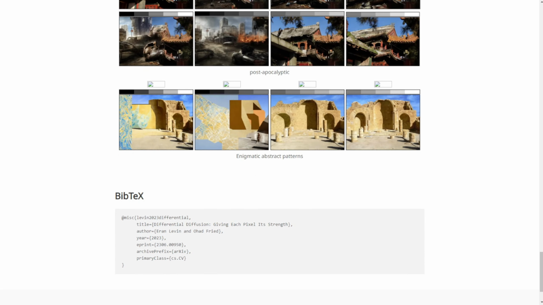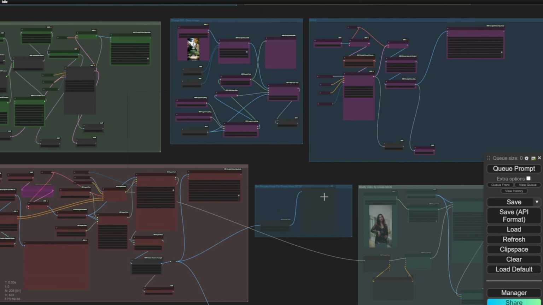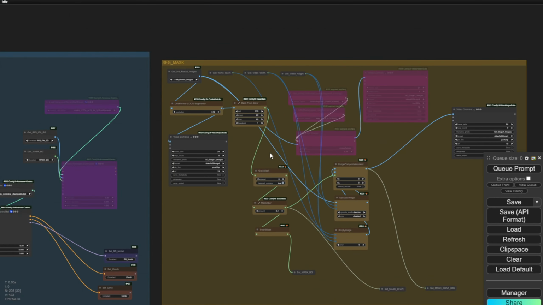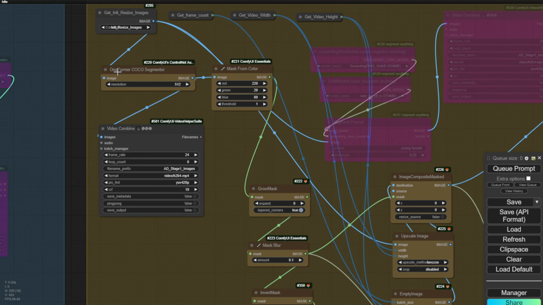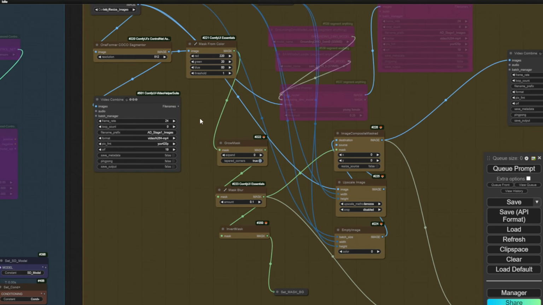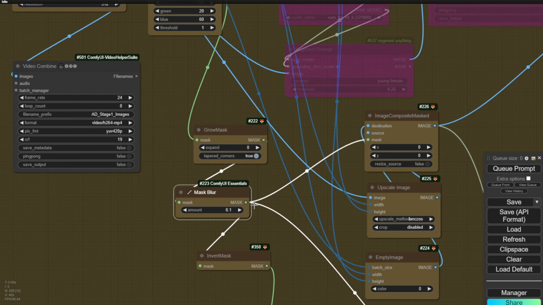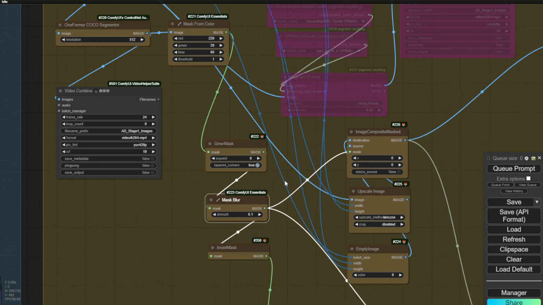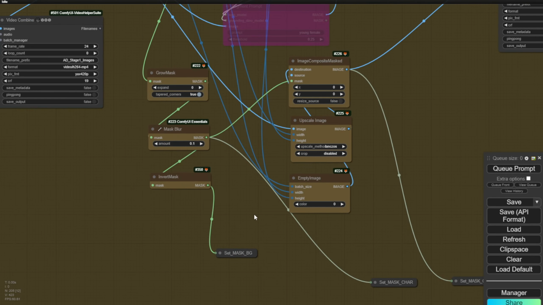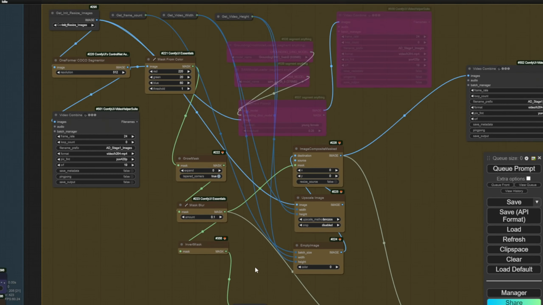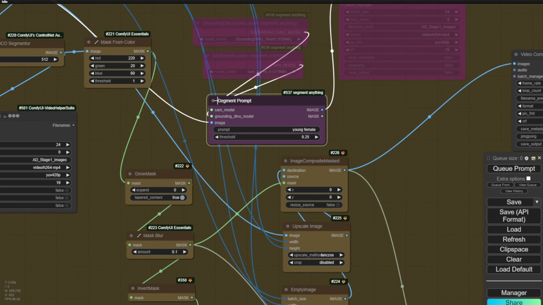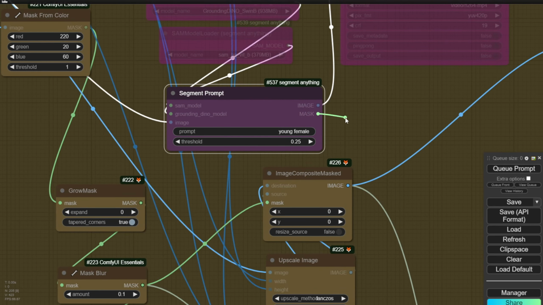So in my previous workflow here, I did the field masking method. This is the good old Coco segmenter that we've always been using, very accurate for segmenting characters, highlighted in red. And then we can do a grow mask and mask blur to make the edges smoother in order for the image mask to be generated well in differential diffusion. We also tried with Segment Anything using a prompt segment here. And then we can combine a mask with the original image frame together and pass it out to a masked data. And both of those are working okay.